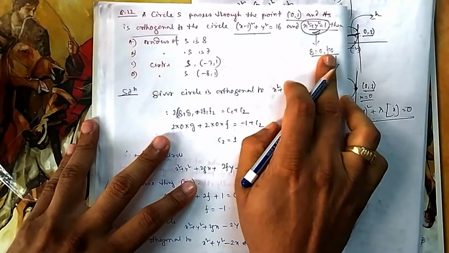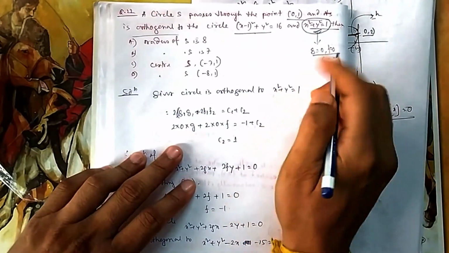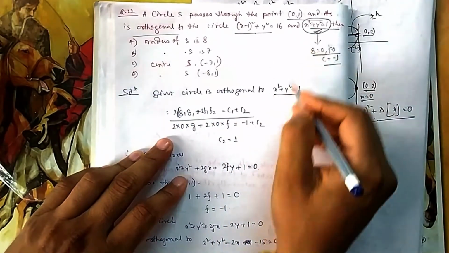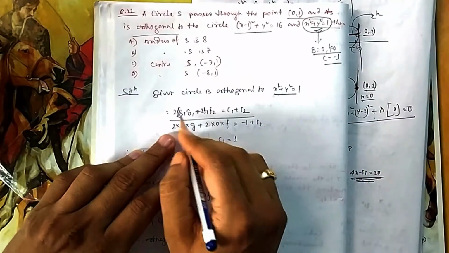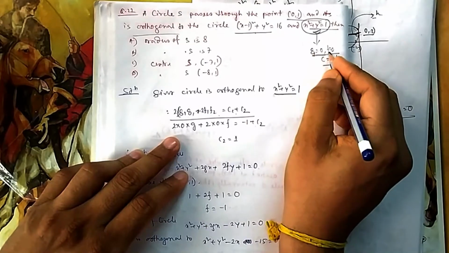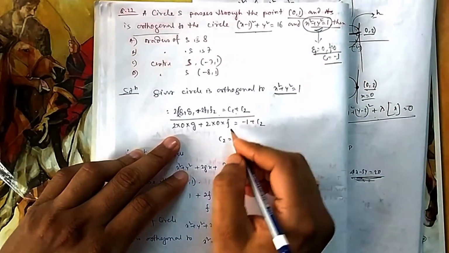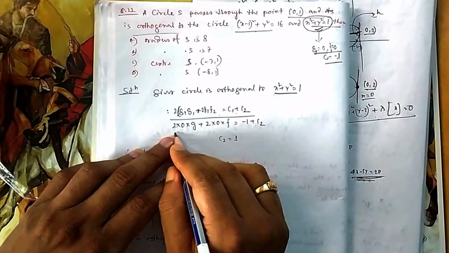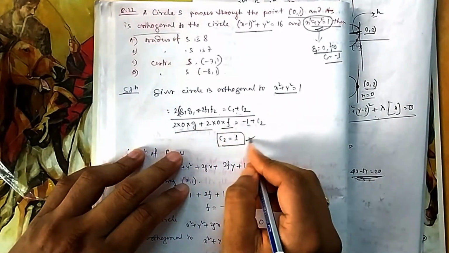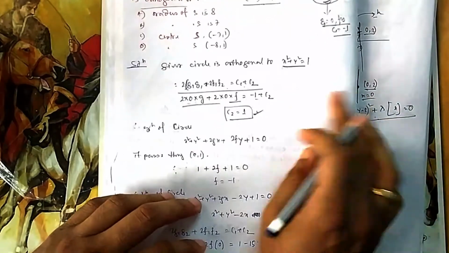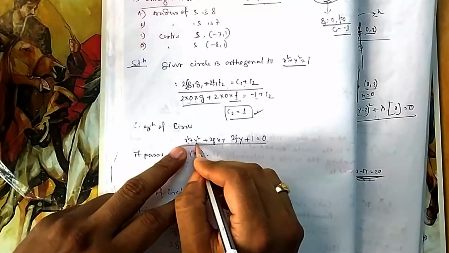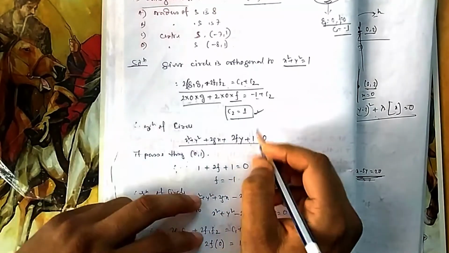So g1, g2 is already given, these are 0. So using this expression, you can easily find something. So that's why I start with this one. It is orthogonal to this circle. So g1g2, f1f2, c1, c2 is 0. So if you take g1, f1 or g2, f2, whatever, if you put it there, you will find c2 directly. Everything is 0, so everything will be gone. So c2 should be equal to 1. So now your given circle will look like this, one variable you know. Because in the circle x square plus y square plus 2gx plus 2fy plus c, 3 variables are there, c you got it.